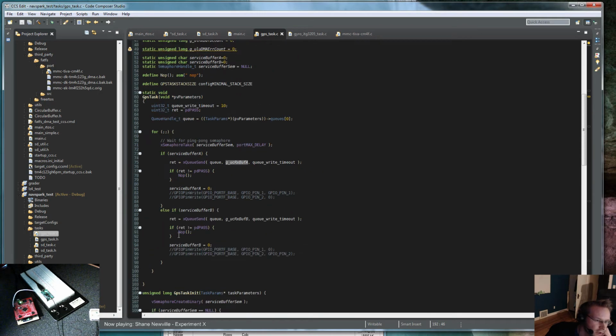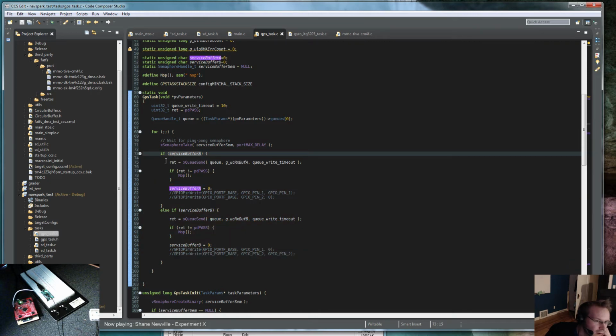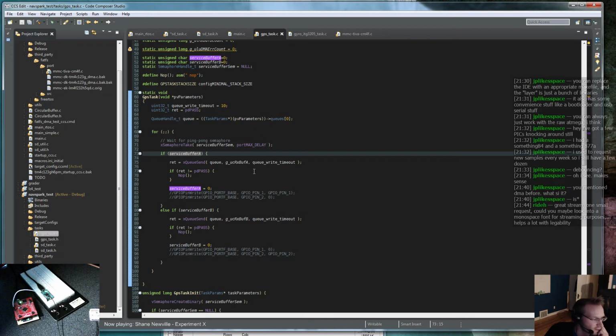So that's why you can see here, if service buffer A, send buffer A to the queue, or if buffer B, then send buffer B to the queue. But once it's on the queue,